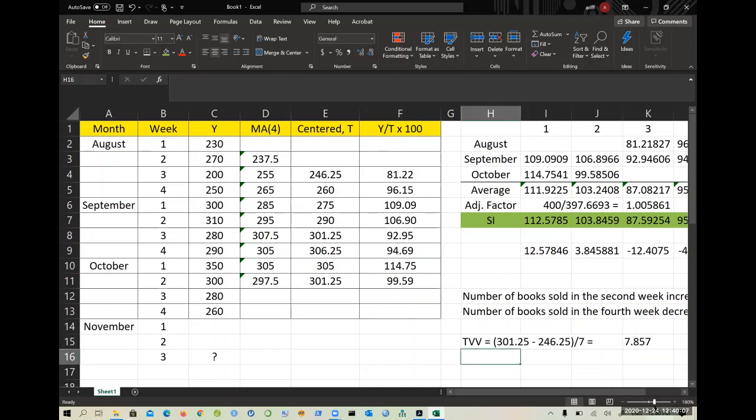And then the next thing, you need to calculate the T projected. Okay, T projected